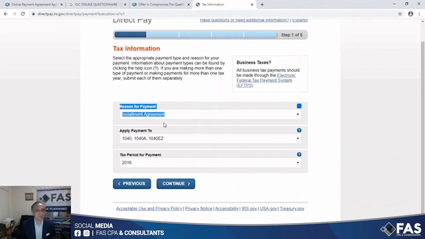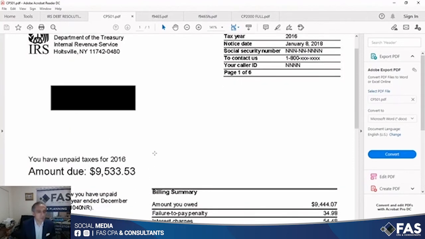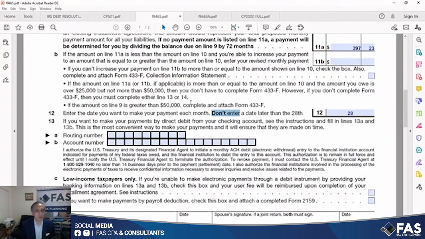Otherwise, the IRS is going to send you a letter. These letters will keep coming until you provide a solution to this through an installment agreement, or as we said before, as an offer in compromise. So in this case, it's an installment agreement, either with an automatic debit or with a mailed payment, in two cases,